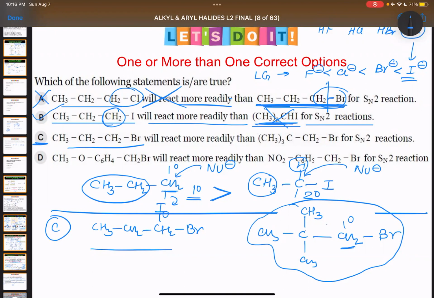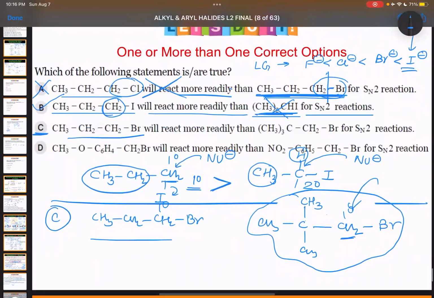Why? Though they are primary and the steric hindrance is very less on primary, you expect the nucleophile to come and attack on this carbon. But why is it not happening in the way in which we are thinking? It is the question given in all the books, right from NCERT to all the foreign books, Solomons, Carey, and all the books of organic chemistry. They ask this question. So, yeah, the answer is